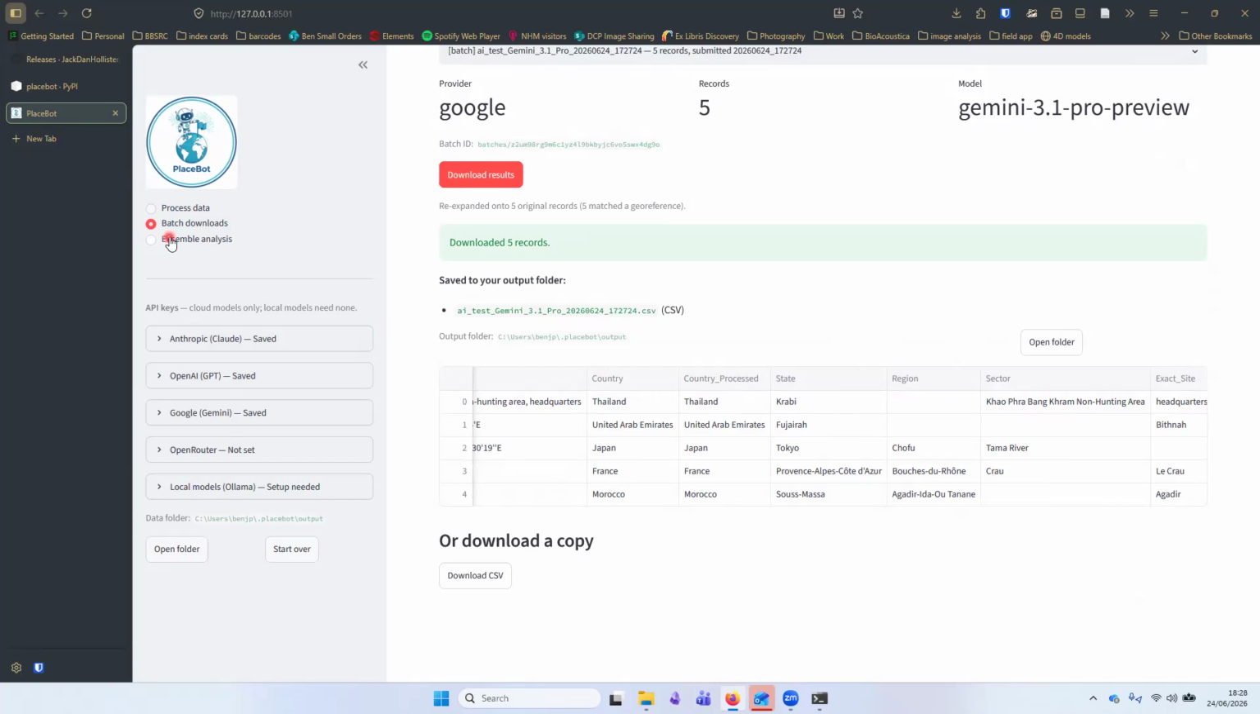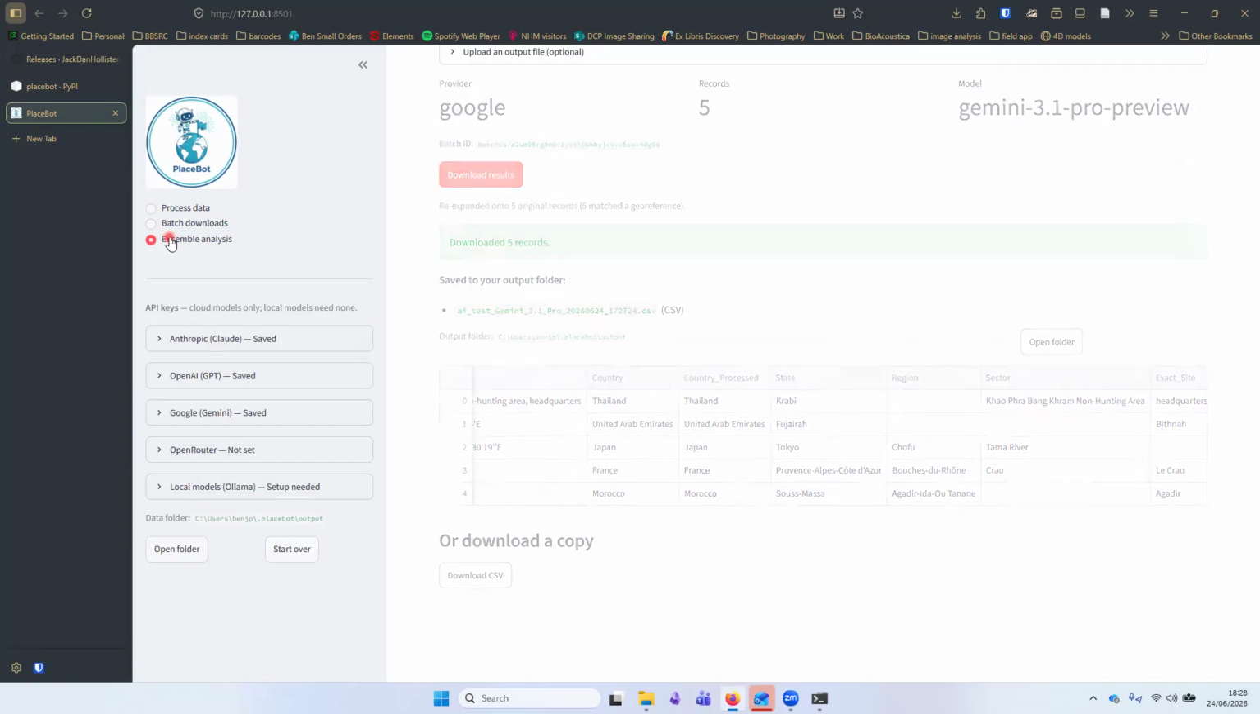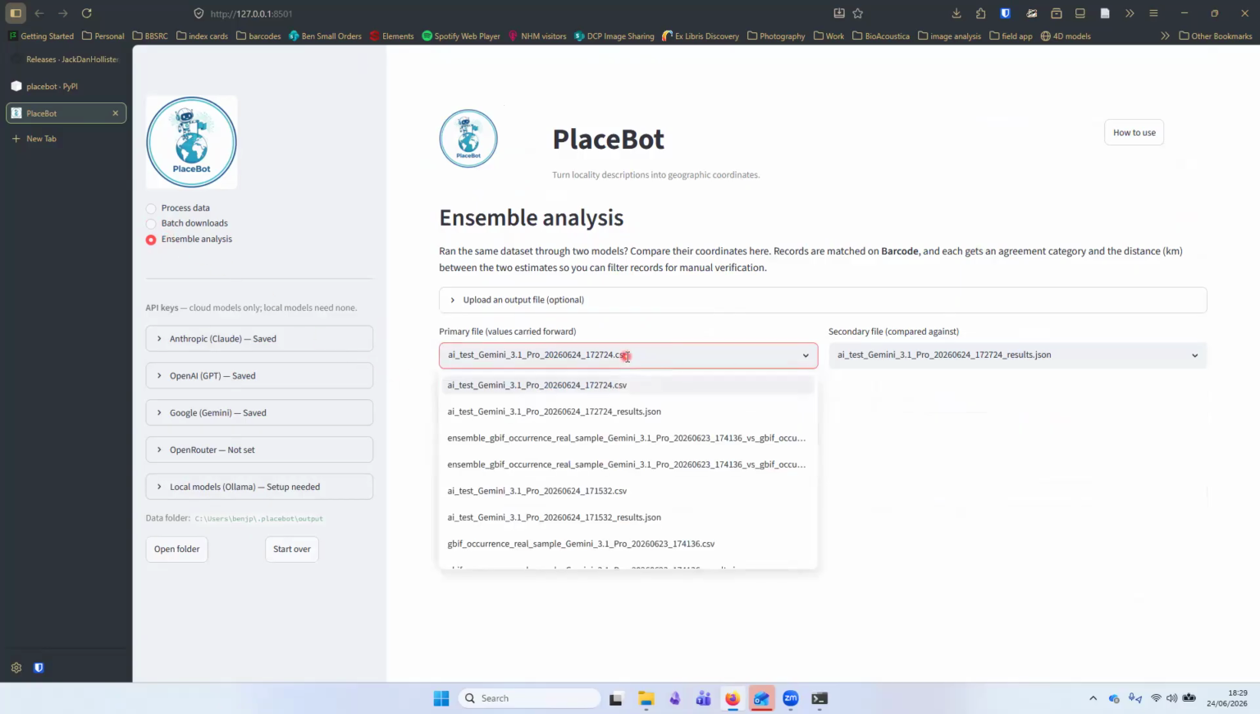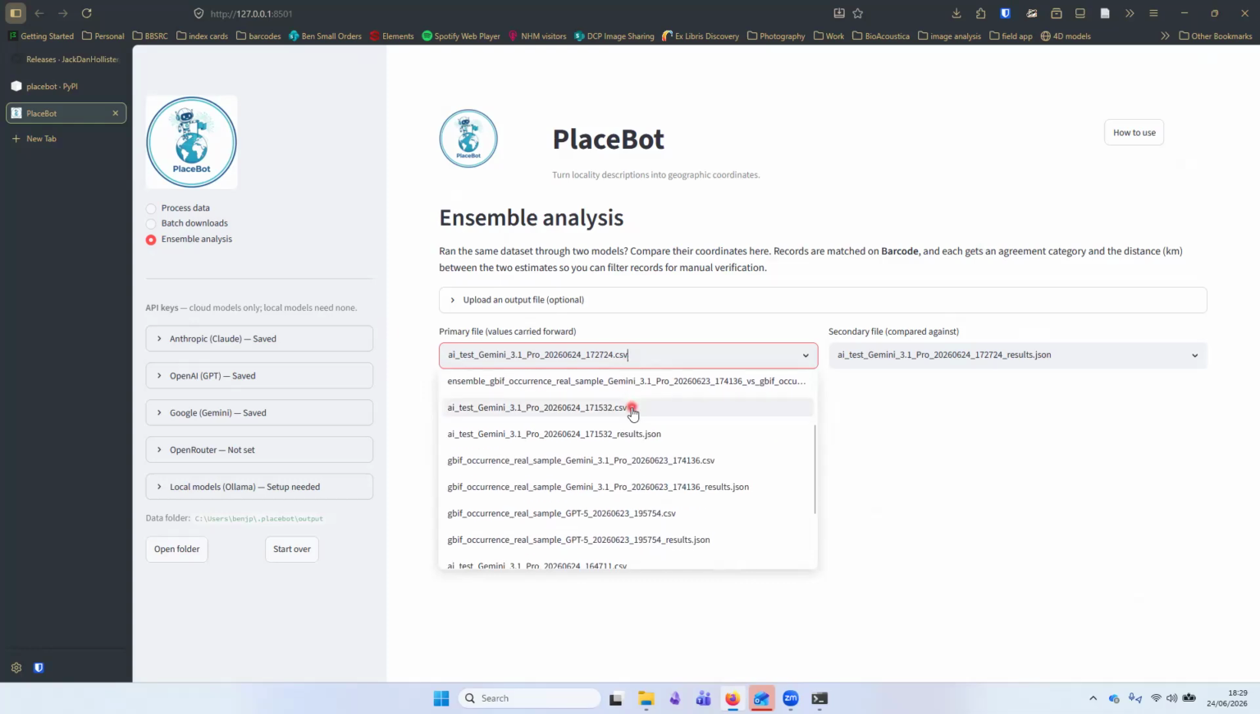If you've used more than one AI on the same data set, you can use an ensemble analysis. And we found in testing that this was a very good way of triaging records. So it's very hard to understand how much you can trust the AI output. But we found that in a comparison of 1,500 records that had already been manually georeferenced by experts, that if you can get two different good AI models like Gemini Pro and GPT from OpenAI, if you can get those to agree within 5 kilometers, then your results are going to be very close to the actual manual georeferenced